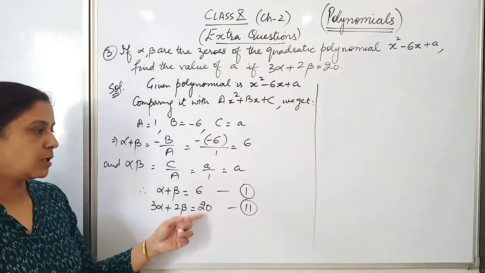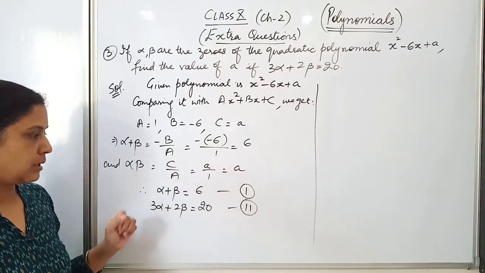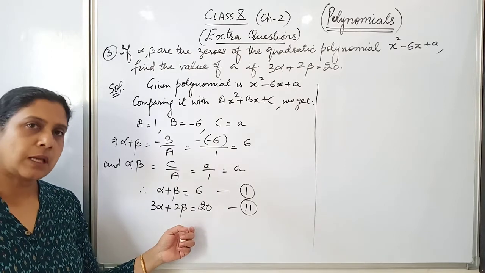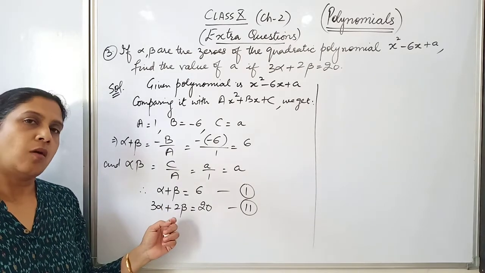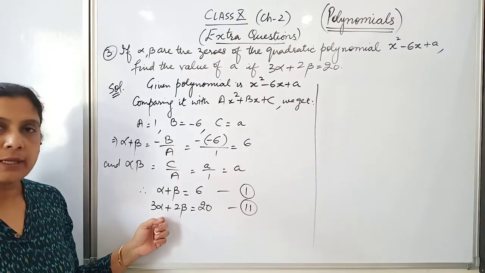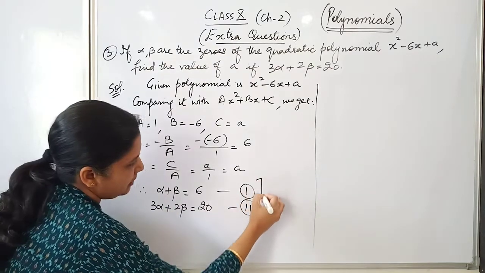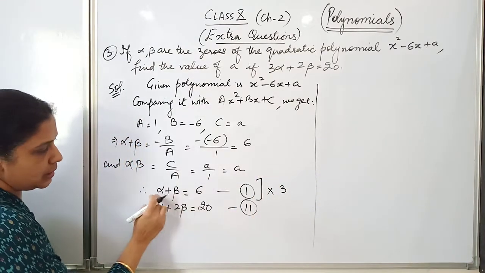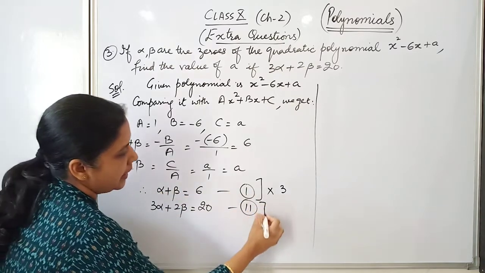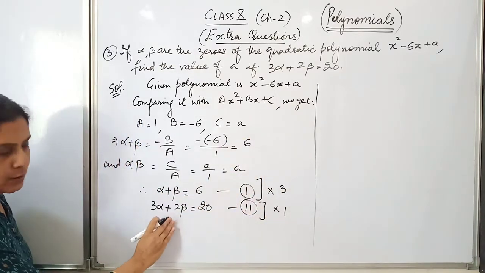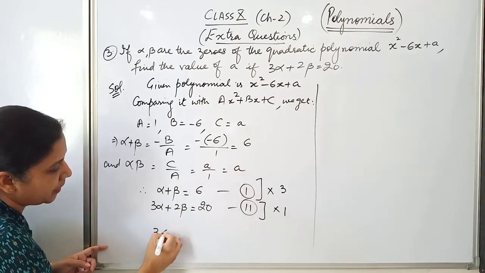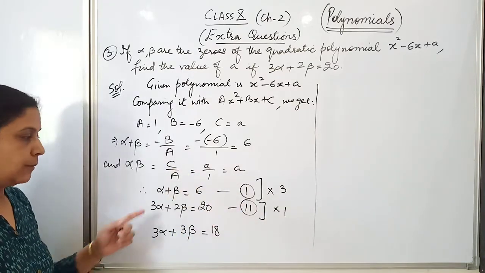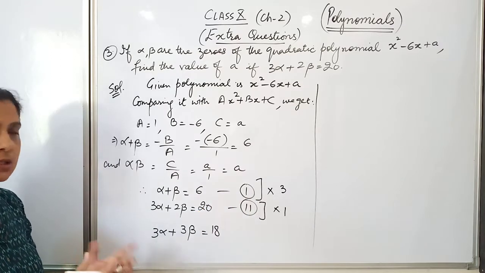You can see these two are linear equations in two variables. So we will have to solve these two first of all. We can solve these two linear equations by the method of substitution, or by elimination, or by cross multiplication. I will be preferring elimination here. So I will multiply this equation by 3, because this is 3 alpha. If I multiply this whole equation with 3, this will also be 3 alpha, and this by 1. So leaving one line over here, I can write down the equations. 3 alpha plus 3 beta is equal to 6 threes are 18. The whole equation has to be multiplied with 3 to just balance it out.